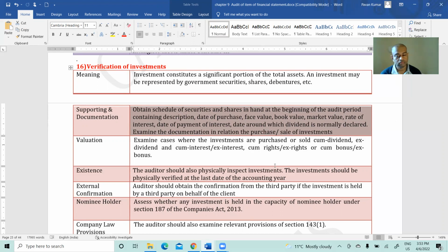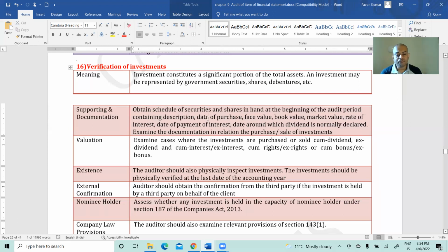So first, the auditor needs to verify the value or the opening balances of these investments. Like the fixed asset register: opening WDV, during the year purchased, during the year sold, closing WDV, depreciation. Same like that, this is for investments. Normally, all these things are prepared in Excel. In an Excel sheet, you will put columns. All these are columns.